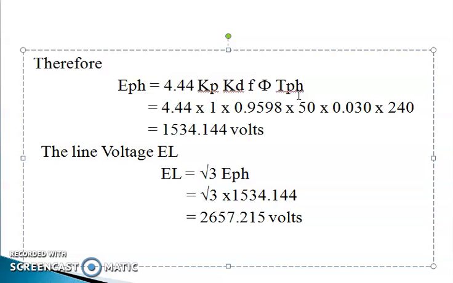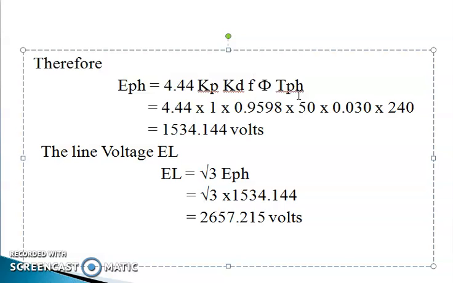By calculating T, you can substitute that T per phase, because the Z you calculate is the total conductors. So you need to calculate per phase, divided by 3, because it is three phase. You will get the total number of conductors per phase. Then you calculate the total number of turns per phase, that is T. That T you have to substitute here to calculate the EMF equation. Once you calculate the EMF per phase, by multiplying root 3 to that, you can calculate the line voltage of the 3-phase synchronous generator.